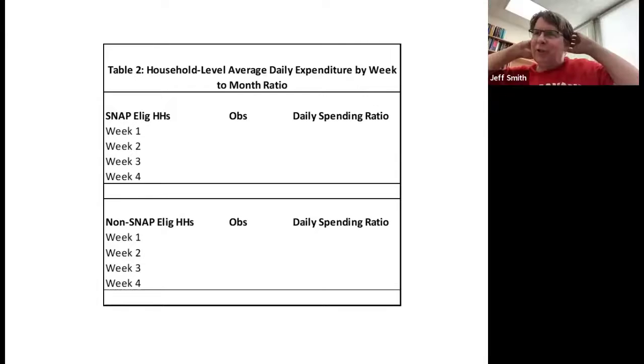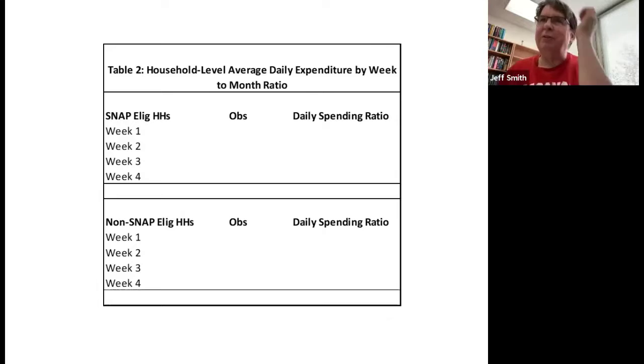You had a statistic earlier about people spending 50% of their SNAP money in the first couple of days or something. If people buy staples and canned goods the first time and not other times that they go shopping during the month, then that might be perfectly reasonable and consistent with, in fact, smoothing food consumption over the course of the month, right?